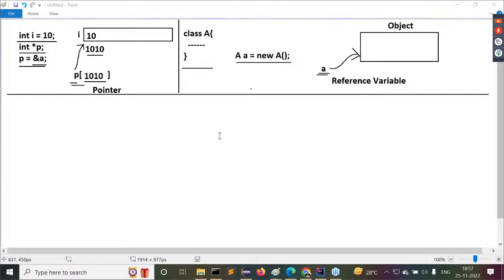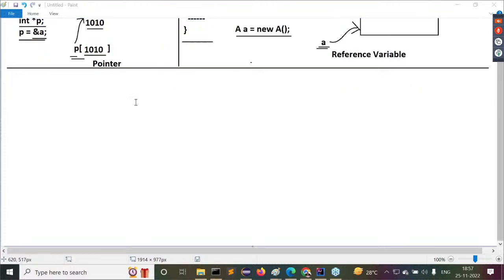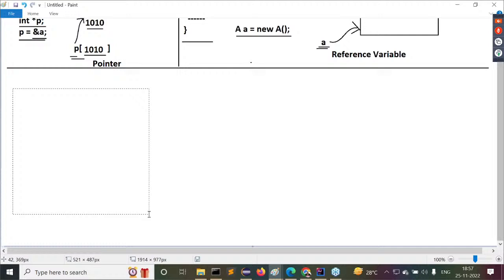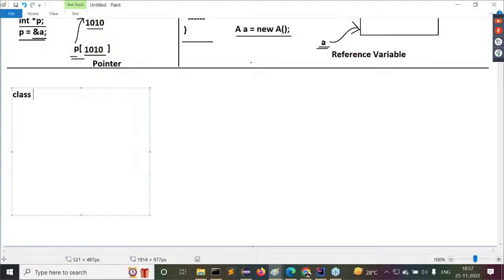All of you ready or not? Now let's understand this simple diagram here. Just a high level diagram I'm providing to you. For example, I'm going to take class A. Inside this class A, I have declared some data, some variables and methods. I will explain later, in object orientation, how to create classes.